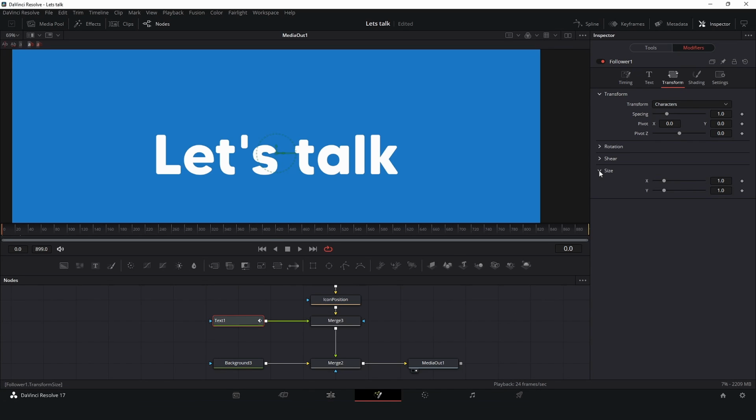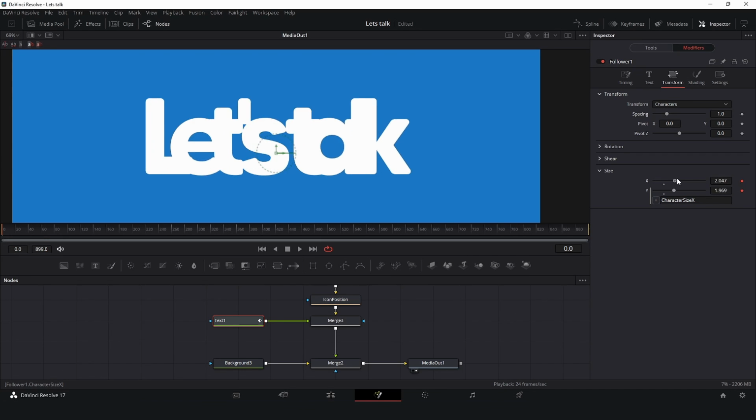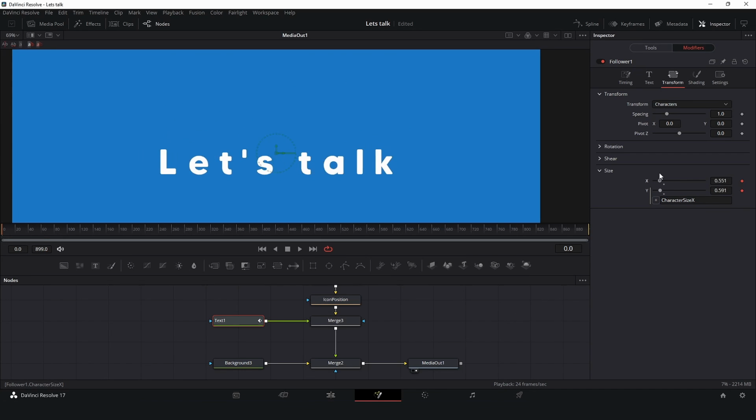Go to size, and now if you change the size here, you can't see anything because you need to add keyframes. So now you can see. So I will click here in Y, click in expression, and I just connect. That's it. Just drag this icon and connect here. So now you can use just one slider, something like this. Okay.